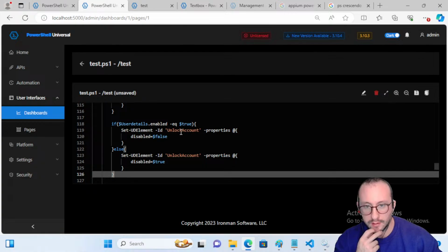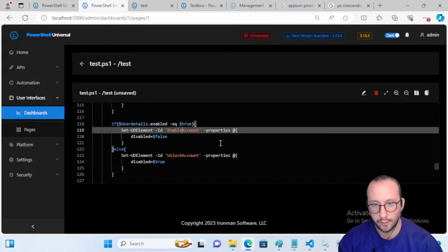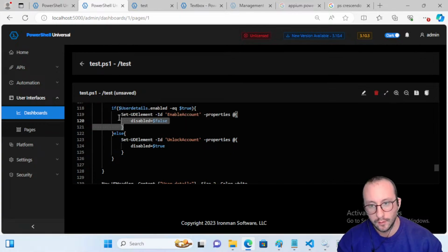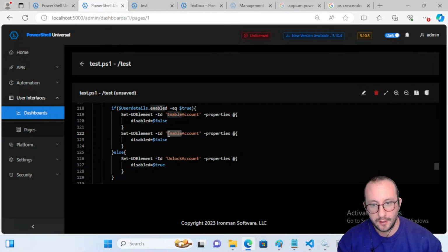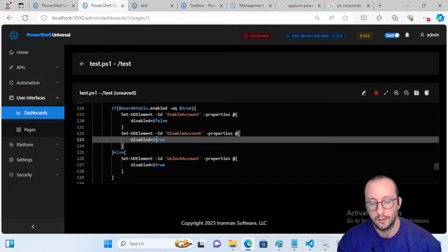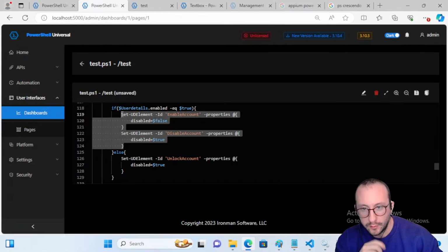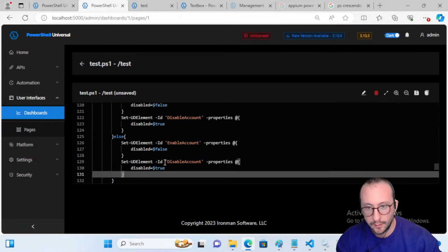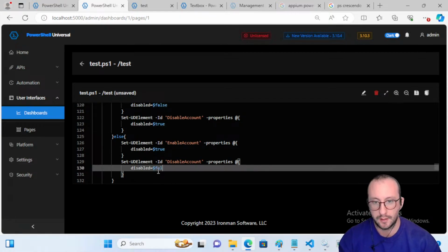So if the account is enabled, we are going to disable the enable button. If the account is enabled, we want to enable that button. And then all we need to do is copy paste this to the bottom and then put it to true and put that to false, which is just going to be the opposite of above. And if we save that here, we should be able to,